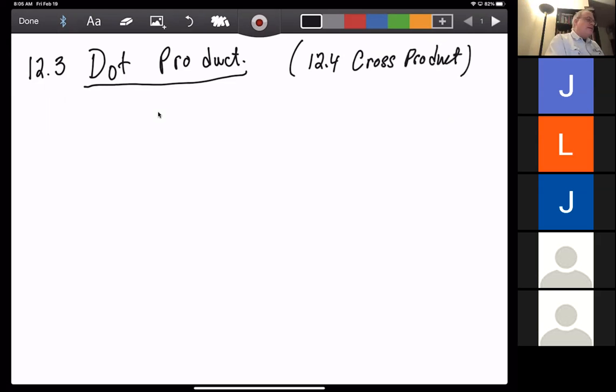These two operations are important because they're related to things that we frequently want to do when we're dealing with vectors. There are geometrical interpretations of both the dot product and the cross product, which we'll talk about. So the basic definition